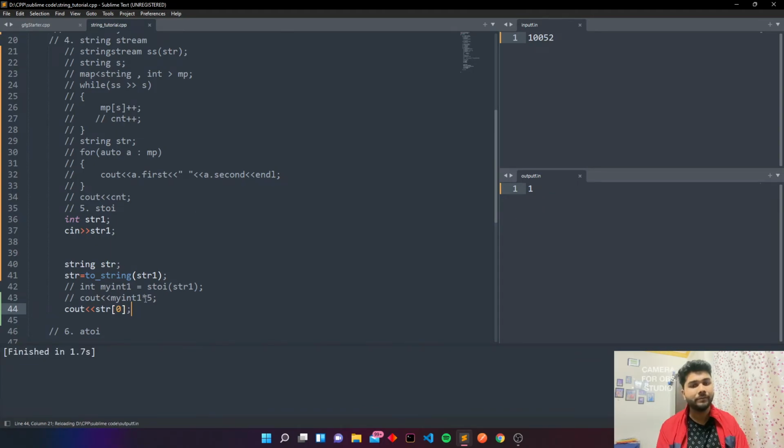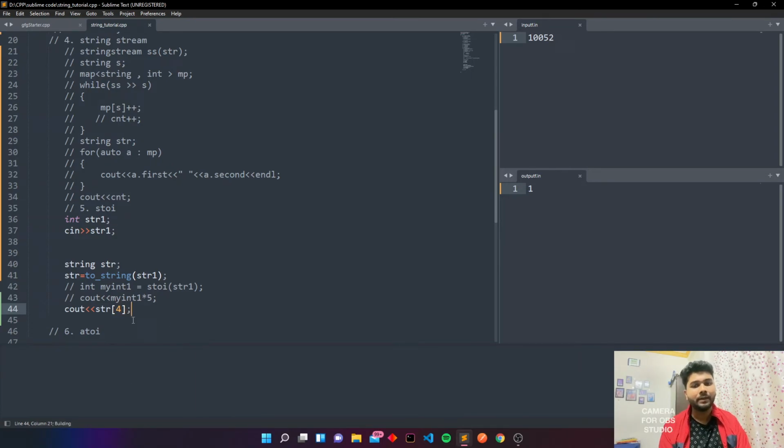So here it will print 1. What is a string? It is a combination of many characters. So yeah, here you have 5 digits, having 5 characters. So you can print any of the values using array indexing, like 0 will contain the first digit and it will go up to the 4th digit.